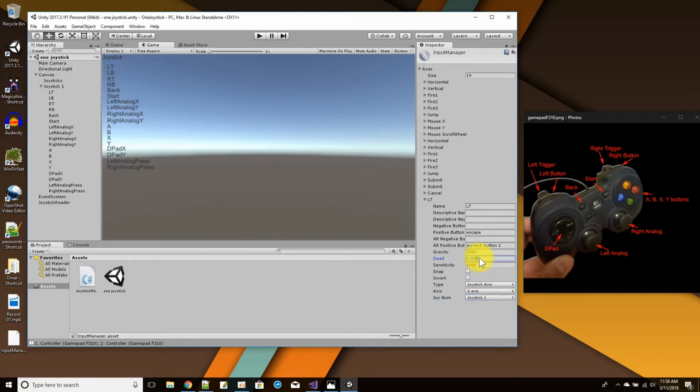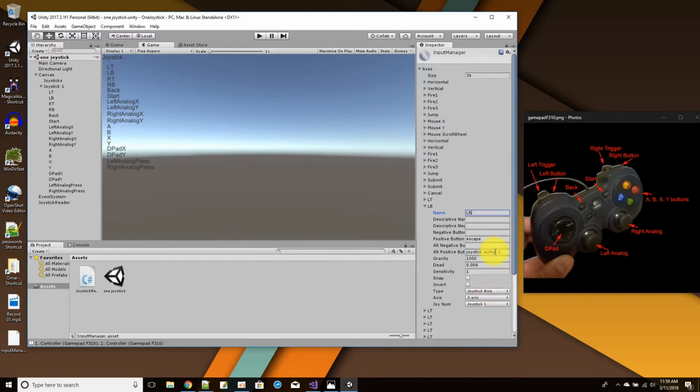The dead zone, I'm going to set it to 4, and the sensitivity, I'm going to set it to 1. If I left the sensitivity at about 1000, then as I'm pressing the trigger, it would just pretty much go from 0 to 1. Now that I set this one up and I have the joy number equal to joystick 1, I would go from here LT, and then I would just go full 36 values. It makes a copy of LT, but all these copies already have joystick 1. And as I go changing the name, LB,